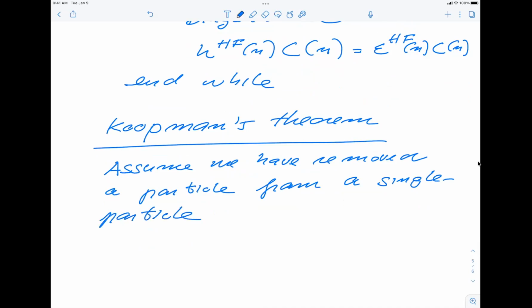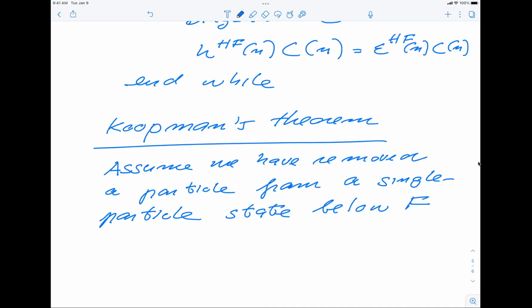and in fields like atomic physics, molecular physics, and also nuclear physics, this is very much used as an approximation from a single particle state below the Fermi level. So this is the variant where we remove one below the Fermi level, and then we can also add one on top of the Fermi level,